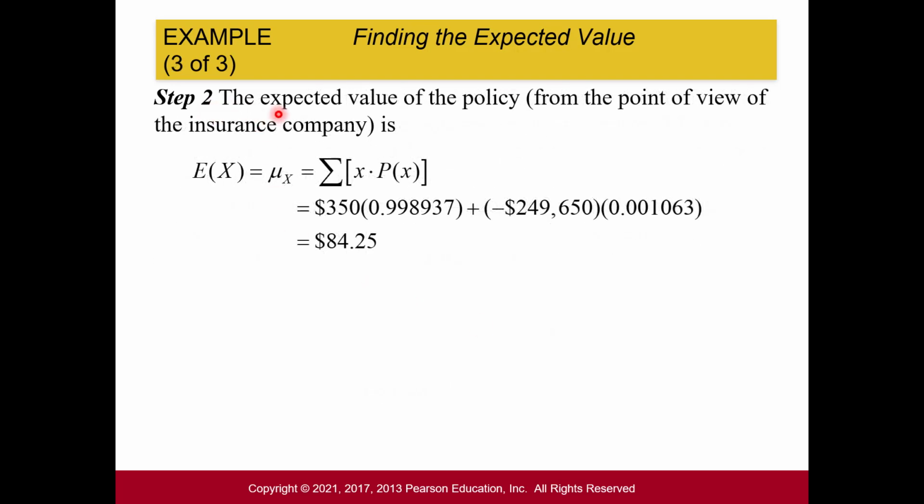So then step 2, the expected value of the policy, and this is going to be from the point of view of the insurance company, is going to be the same as our mean. So remember we just talked about that. E of x, our expected value of our random variable, is the same as mu sub x, and using our formula from earlier, it's the summation of the value of our random variable x times its probability, and we do this for each x value. So we only had two x values, so 350 times its probability plus the negative 249,650 times its probability. When you add those up, you get